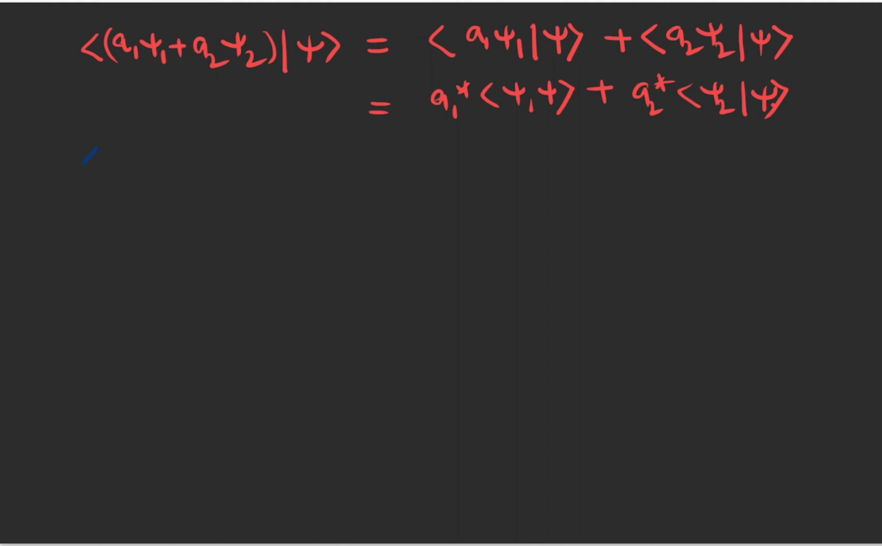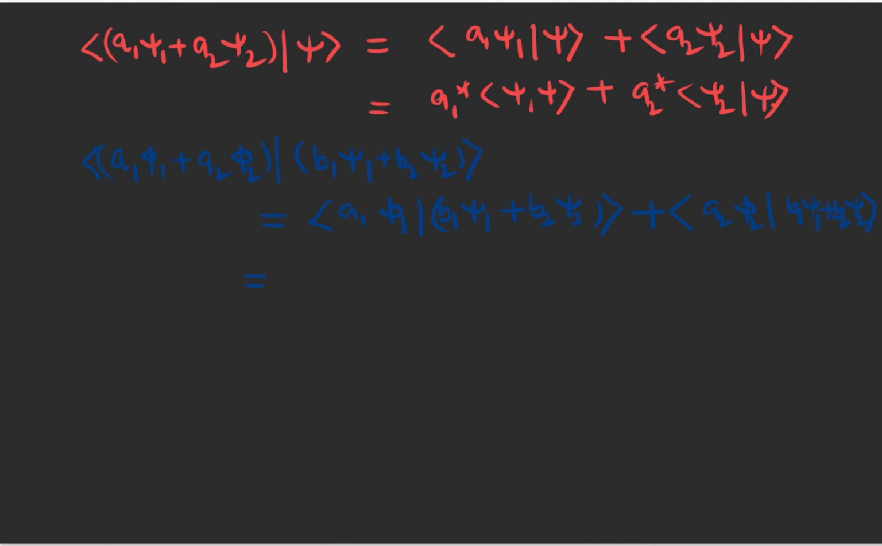Again, bracket a1 phi 1 plus a2 phi 2, bracket b1 psi 1 plus b2 psi 2 ket is equal to bracket a1 phi 1 ket b1 psi 1 plus b2 psi 2, plus bracket a2 phi 2 ket b1 psi 1 plus b2 psi 2 ket